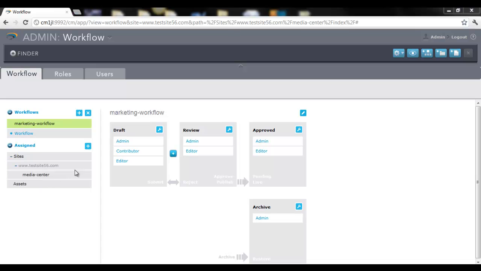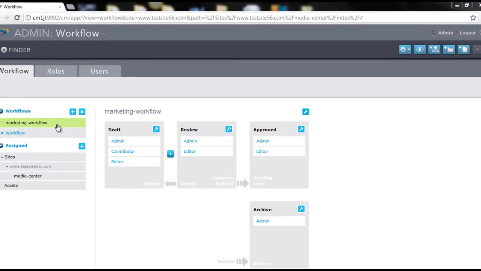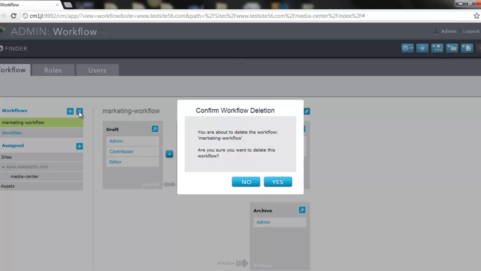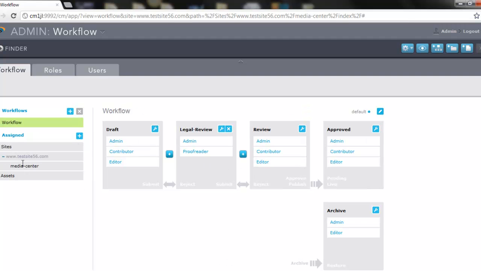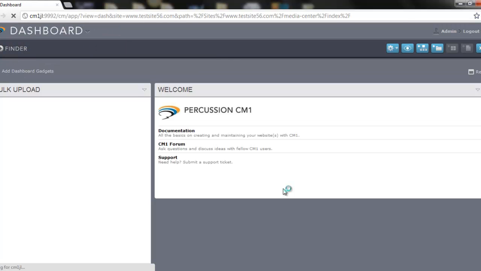Like I said, this is a good idea to do if the workflow for this particular section is dramatically different from the default. Now to delete a workflow, we simply would click this icon and a warning dialog would pop up. The workflow on Media Center would revert back to the default in this case. This concludes